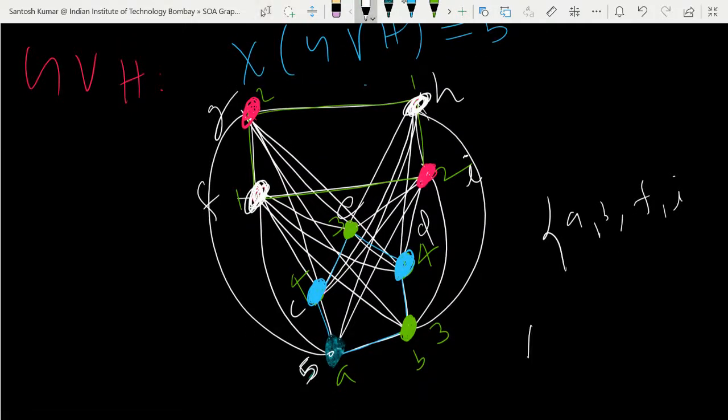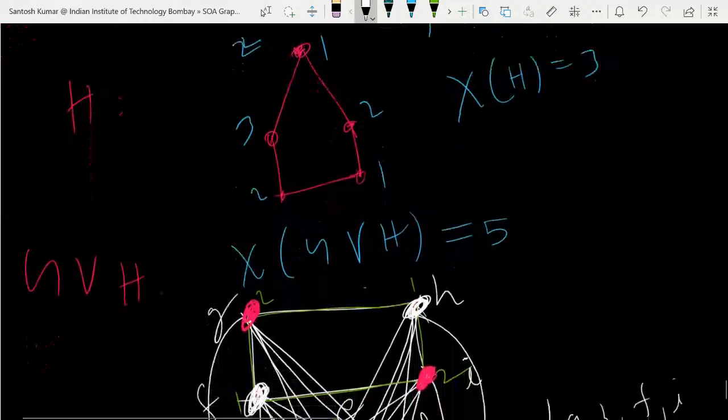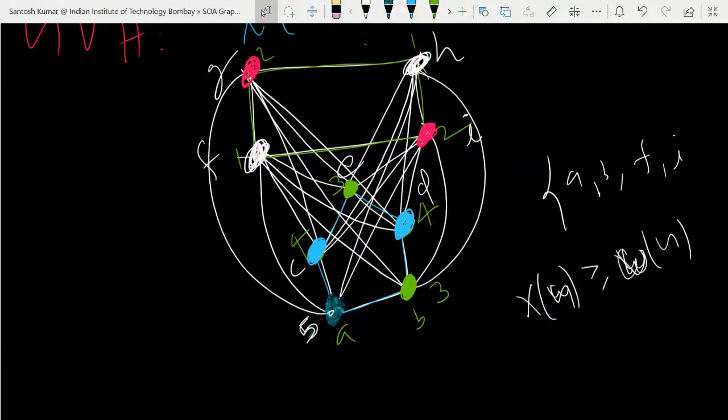Okay. So chromatic number is greater than or equal to clique number. So here you will get clique number greater than or equal to 4. But 5 colors we need, as we have seen here in the coloring. Coloring says you need a minimum of 5 colors. Yeah, A, B, F, I. So A, B, F, I has these edges. Yes, I think only size 4 you will get. Okay, so this is a clique of size 4.